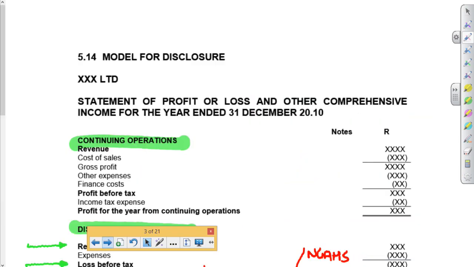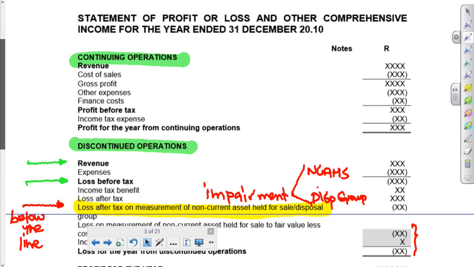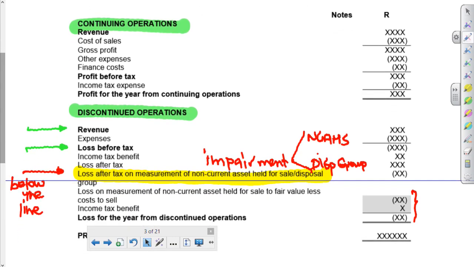Okay. So the model is a whole P&L for continuing, a whole P&L for discontinued. In that P&L for discontinued, at the bottom is